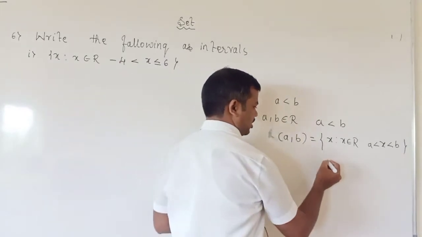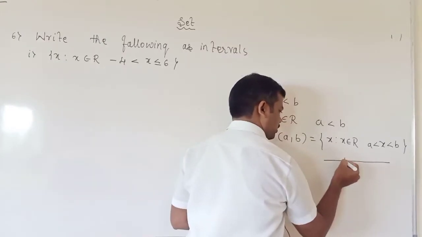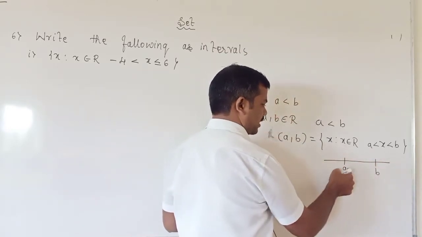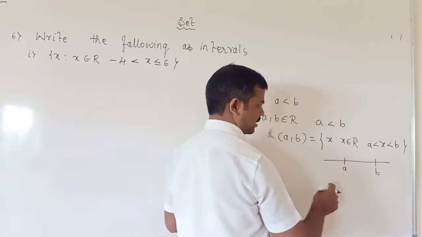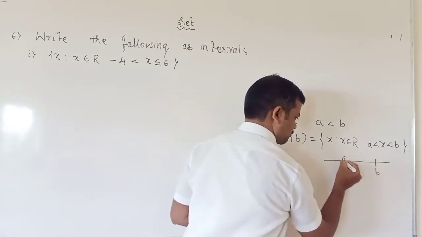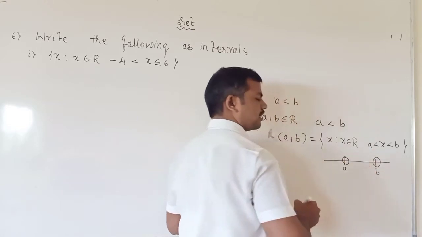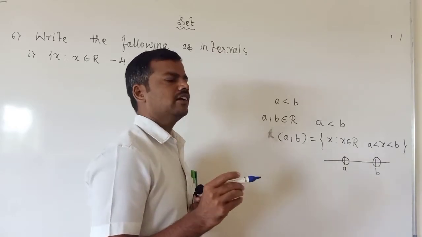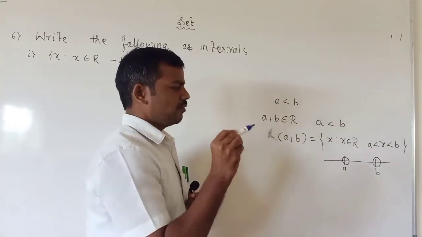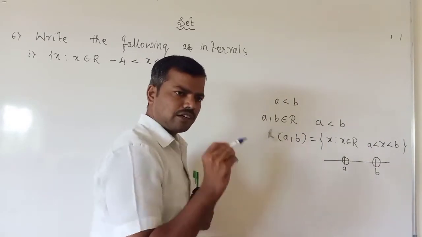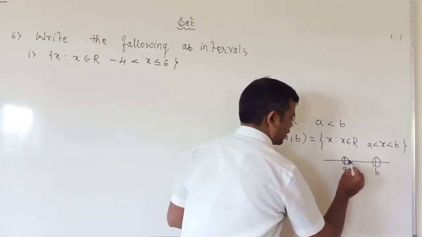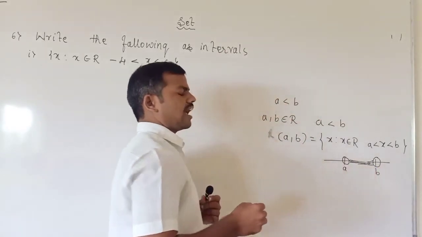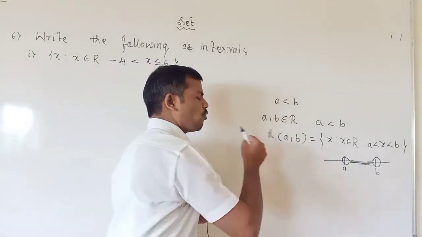Symbolically we express it in diagrammatical form, from a to b. If we included a, we would darken the circle, but here it is not included, so we draw an open circle. If we are not going to include the end point, we draw an open circle. If we are including the end points, we shade that circle. In between, we are collecting all the real numbers. This is the diagrammatical representation of the open interval.